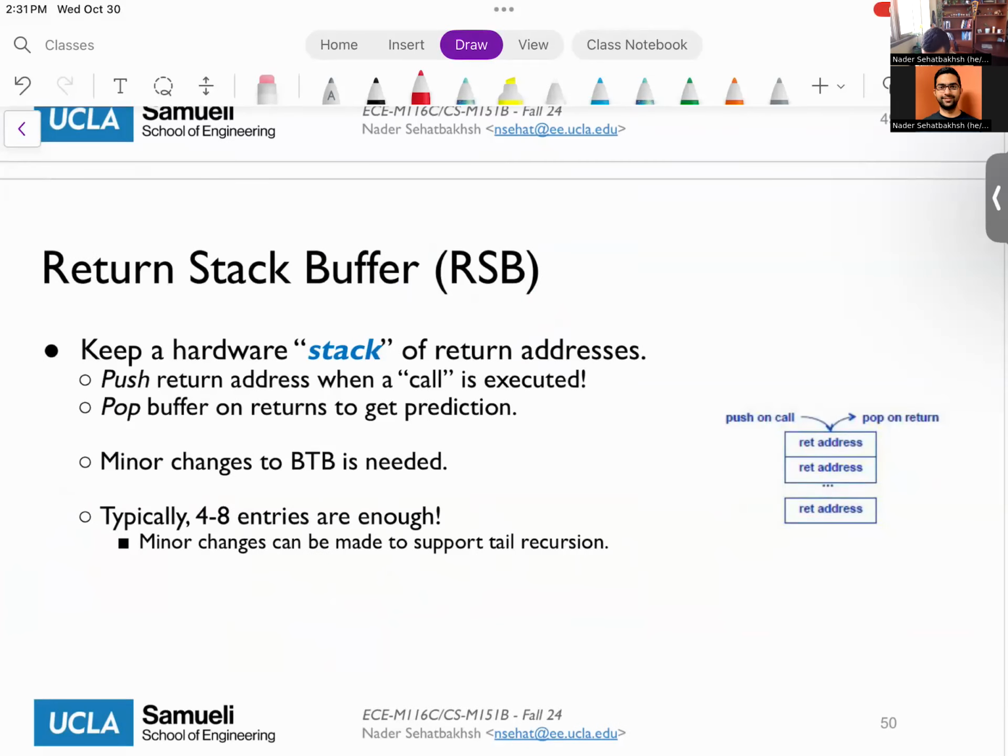And then this usually, you only need a few entries because at any given time, it's really just a few entries needed. For things like recursion, there are other optimizations that you can do. For example, you can do tail recursion, which means that you just keep popping the last address over and over again, and that will fix the issue of